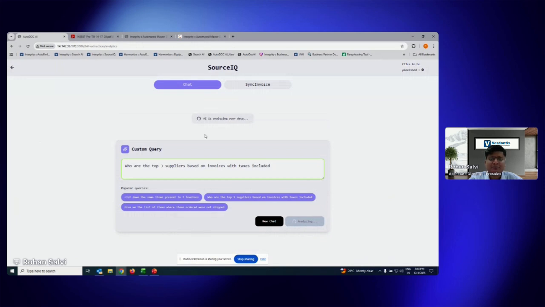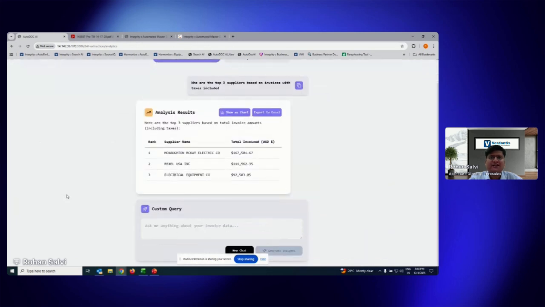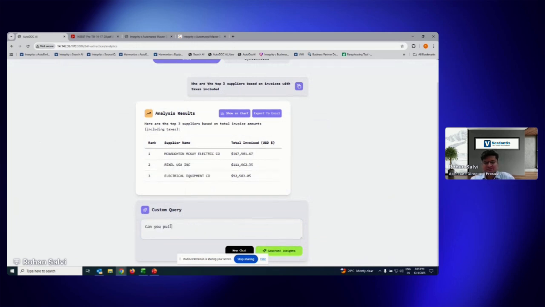So the invoices which I had uploaded were for 2024 spend across electronics purchases. You would notice that it is a fairly GPT-like interface where I can enter the prompt or query, and the agent would interpret it and generate the result. So let me write something in. Whether we have some mistakes in spelling or some abbreviations, it should be able to interpret it just fine.